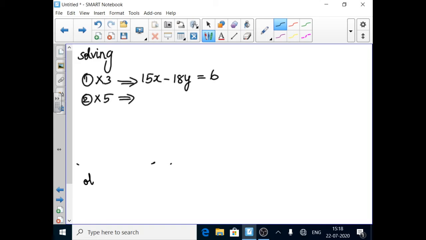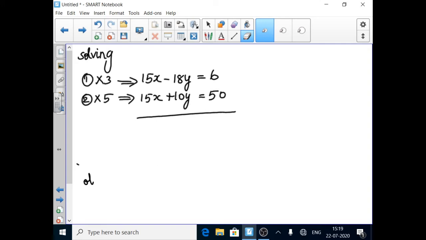Second equation you have to multiply by 5. That is 15x plus 10y is equal to 50. Now you have to subtract. So change the sign: this becomes minus, minus, minus. The x term will get cancelled. So the answer is minus 28y